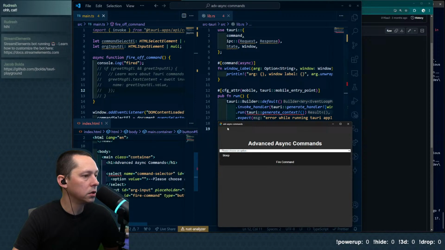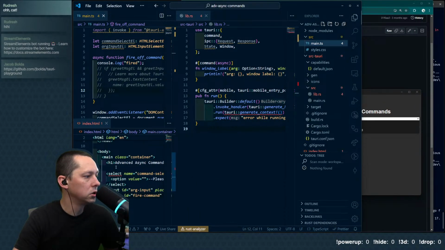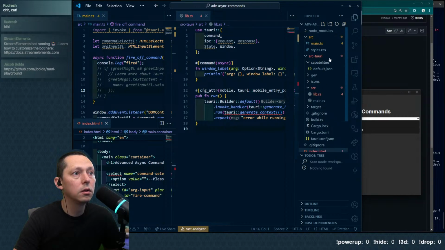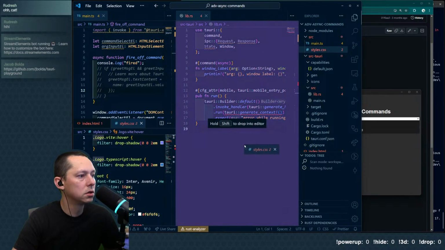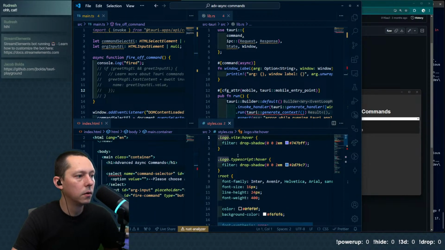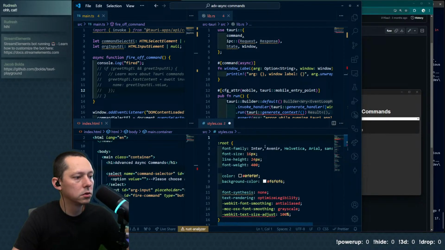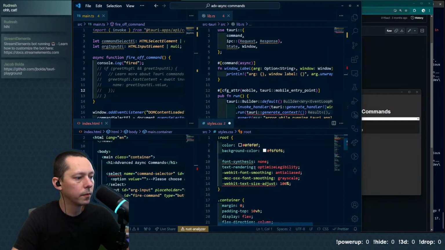We have a select. Can we give that just a smidge of style here? Where is our CSS style? We don't have any logos. I'm just going to get rid of that. Root. Colors.